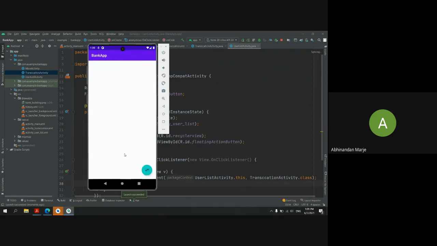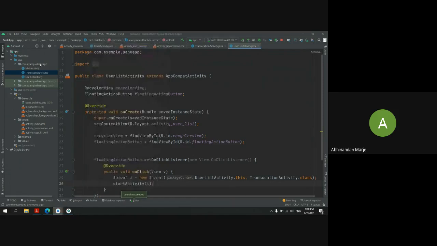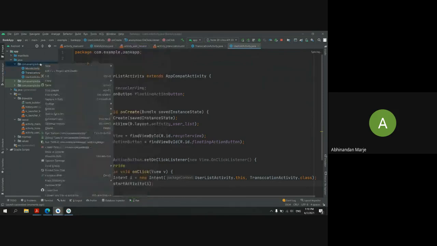You can see when I click on the all users button, I am navigated to this activity, and when I click on this floating action button, I get navigated to another activity. Okay. For now, you will create this much activity, and now I want to create my database.